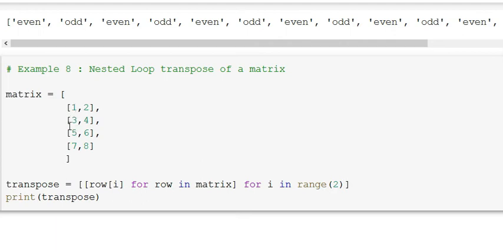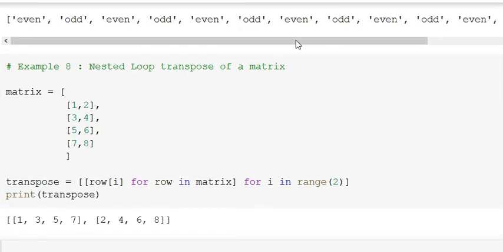Similarly, the zeroth value for the second row is 3, then 5 and 7. So it will print 1 3 5 7 in the first loop, and when the value of i is 1, it will print 2 4 6 and 8, and the output is like this. So the rows will be converted into columns.